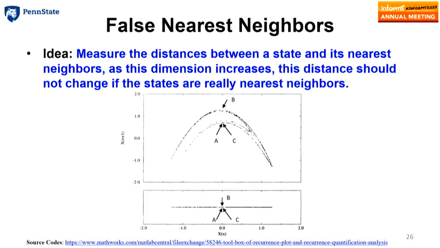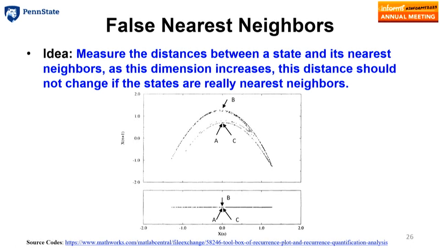Okay, so false nearest neighbor. What is false nearest neighbor? The idea is to measure the distance between a state and its nearest neighbor. As the dimension increases, this distance should not change if the states are really nearest neighbors. So for the previous trajectory, if we project it into, for example, ABC, into 1 dimension, as we can see,